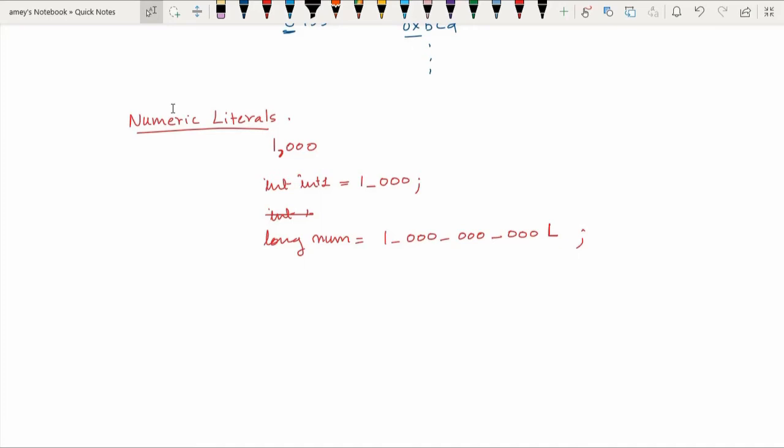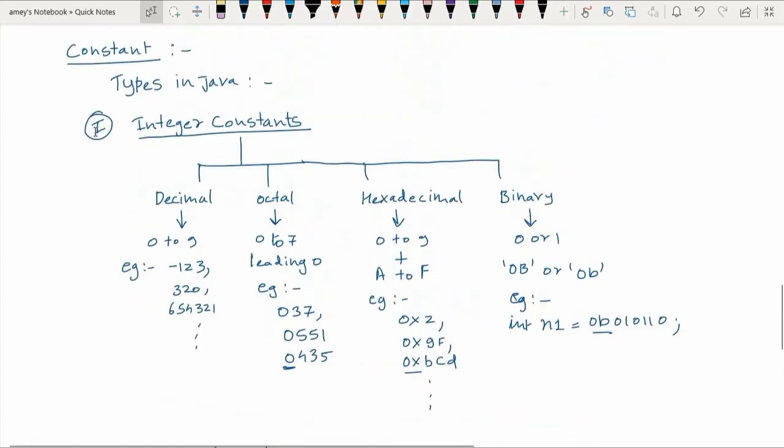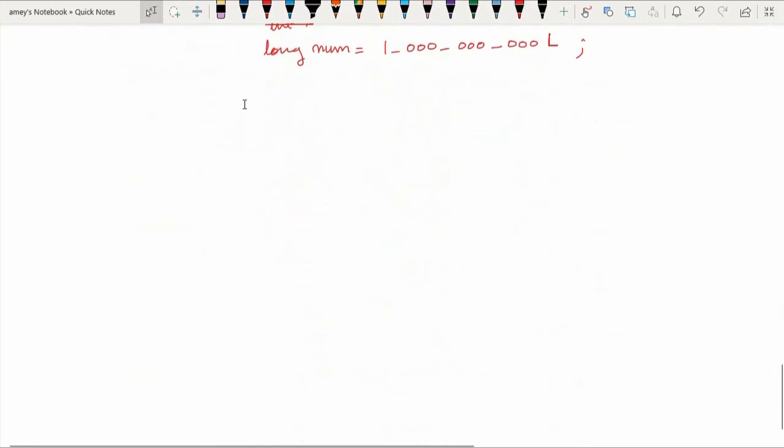Okay. Now after seeing the integer constants, let us go to the second type of constants in Java, and that we call real constants. So the next category is real constants. Real numbers are nothing but fractional numbers.